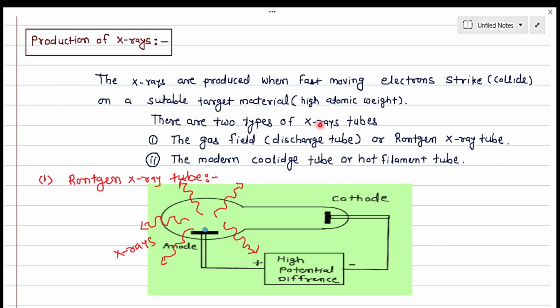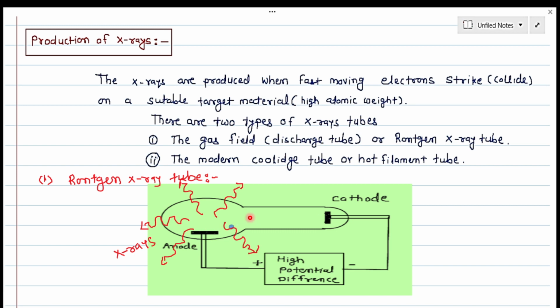There are two types of X-ray tubes. One is the gas filled discharge tube, called the Roentgen X-ray tube. In the Roentgen X-ray tube, the anode is connected in this way and the cathode is connected in this way. Both the anode and cathode are connected to a high potential difference, and the pressure is reduced to the order of